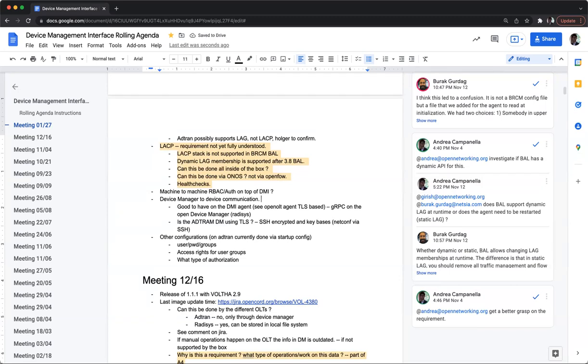The first one is the RBAC authentication, and in my opinion it's avoidable. It can be skipped because it's internal in the data center. It's the same as VOLTHA northbound, so we can skip it. It's the agent to the device that I believe is a little bit more interesting.